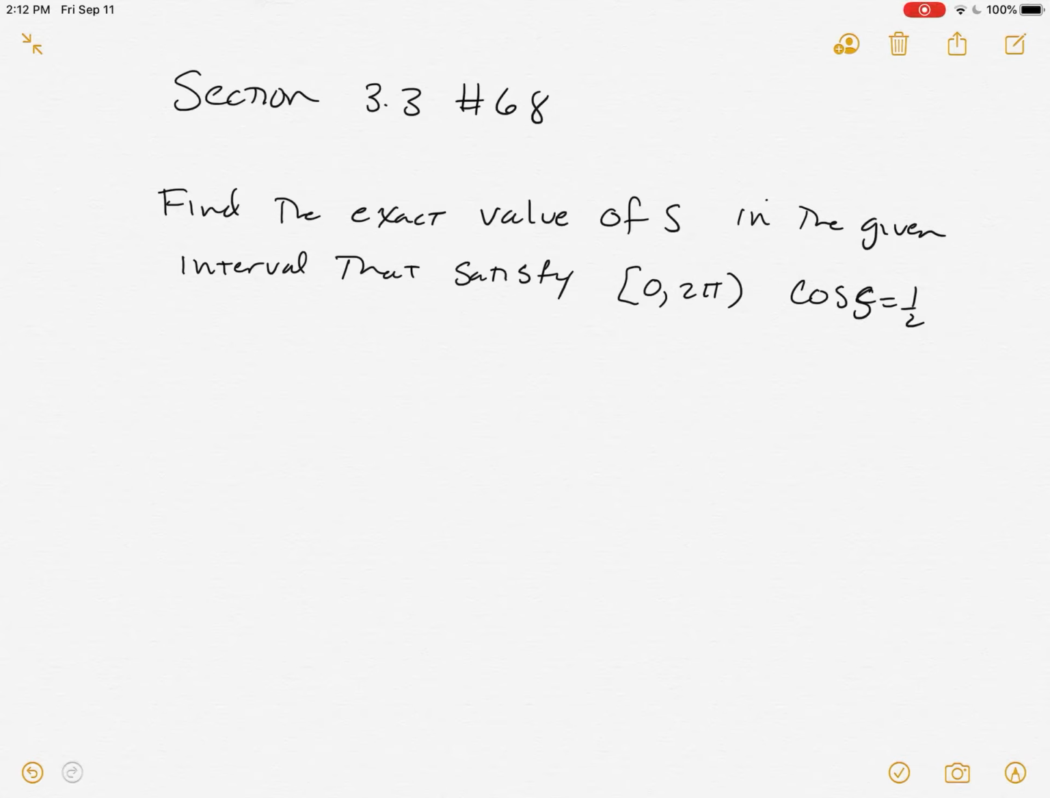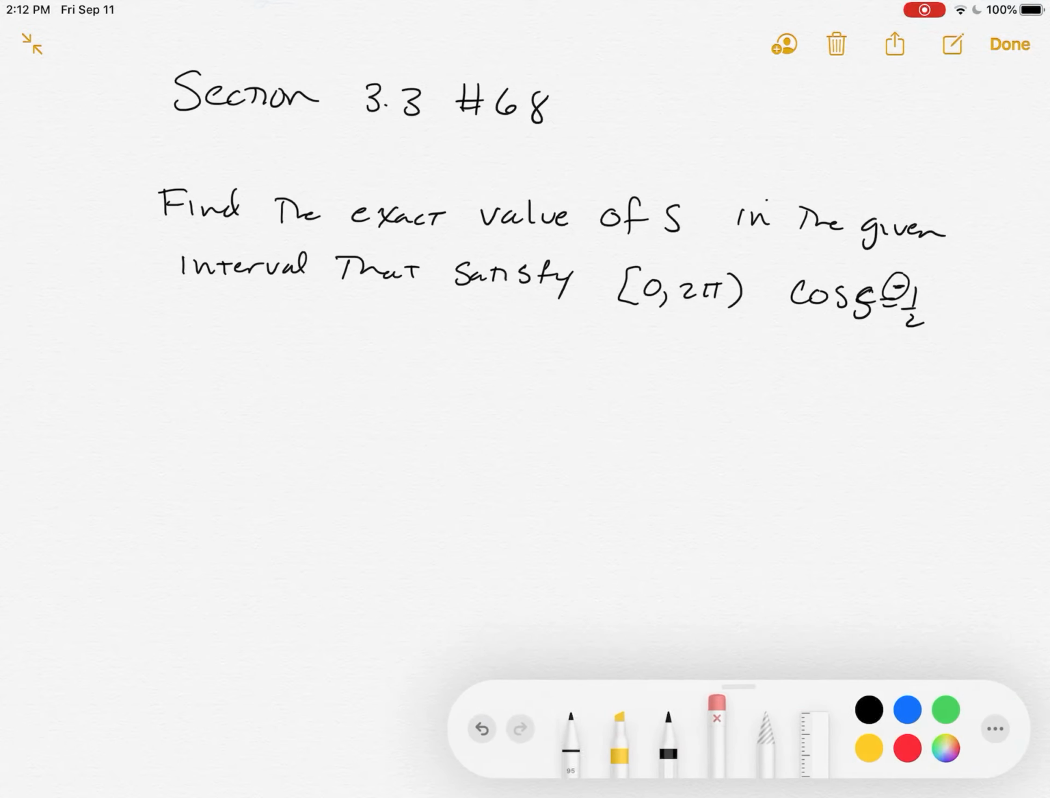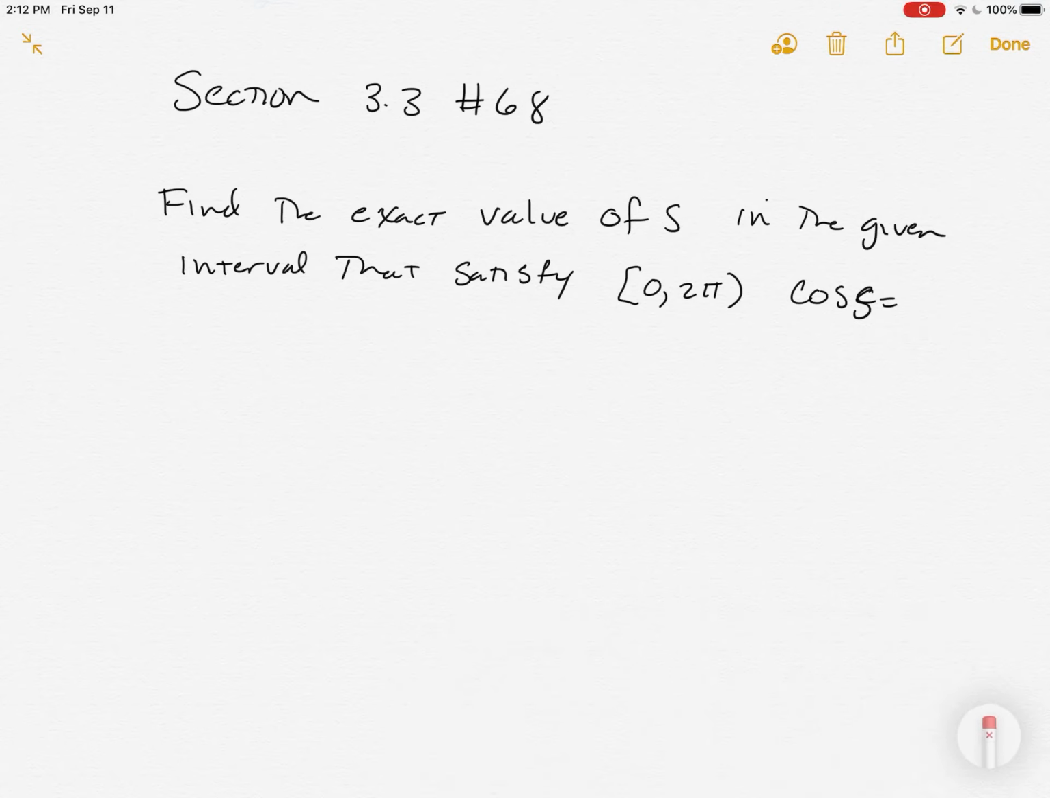Okay, I was asked to do section 3.3, number 68, and so I took some time to write out that problem. I just noticed that the cosine value is negative, so I'll sneak that negative sign in there. Apologize if that's not so readable. But as you read through this question, maybe you're familiar with it already,